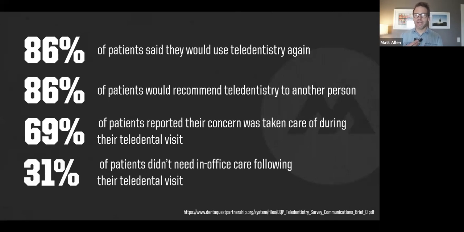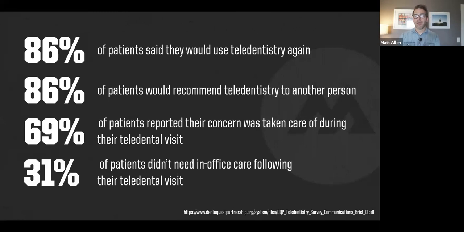So especially in the safety net where I work, in terms of working in a community health center, but I think anywhere in general, right? We want to be able to do what only we can do in the office. That's the idea of working to the top of our license and all of those things that we all want to do. And so we don't necessarily want to take up chair time for patients who don't need to be there. So this is a great way of helping patients get the care they need without having to come into